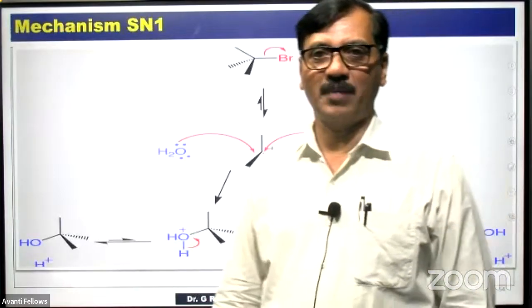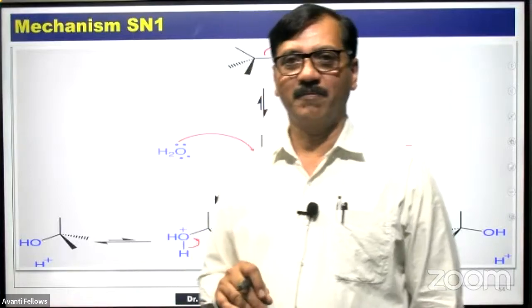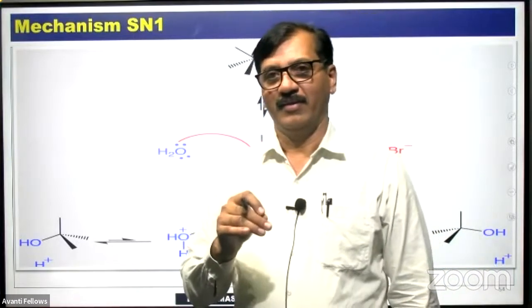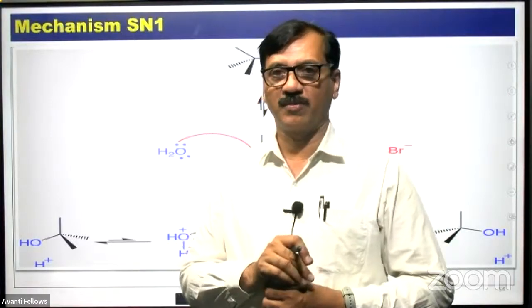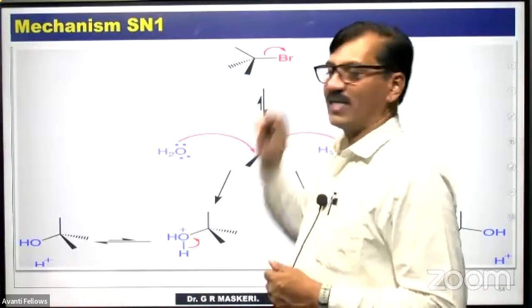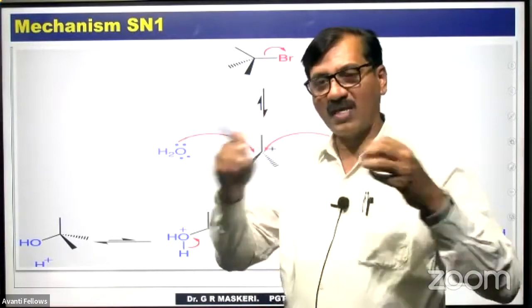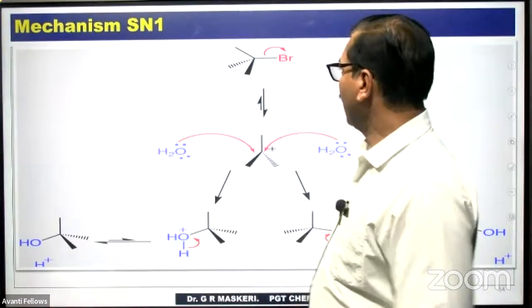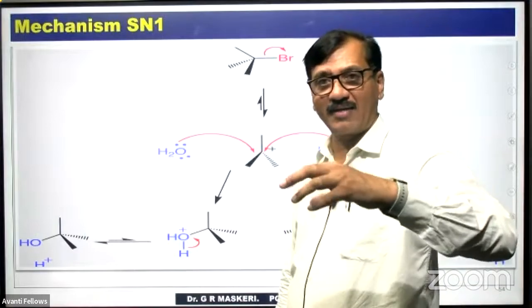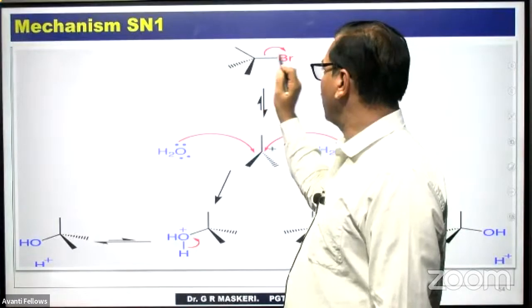From the stereochemistry point of view, what is stereochemistry? Stereochemistry looks at the alignment of the bonding in three-dimensional space. Carbon is tetrahedral. Whenever it is tetrahedral, the bonds are aligned three-dimensionally, right? In order to represent the tetrahedral arrangement, this is the way we write. So the carbon containing halogen